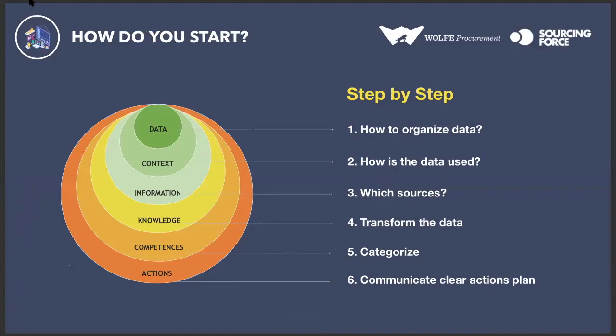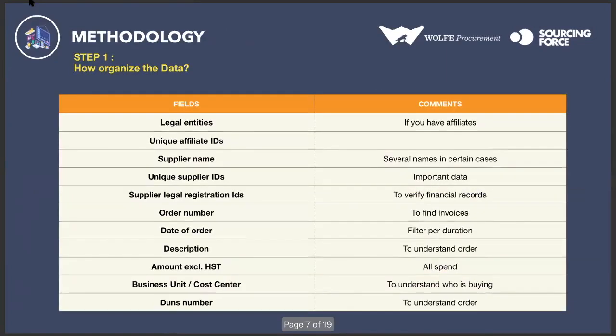Okay, so how do you start? And we've listed here a 6-step process in terms of how you start with spend analytics. And it starts with determining how to organize your data, how the data is used, both currently and how it would be used in the future. The third step would be determining which sources will supply that data. And then how are you going to transform that data into your purchasing strategies and management of your supplier base, which includes categorization of that spend, and then developing those clear action plans once you're able to categorize and transform that data. So if we walk through each step in a little bit more detail, starting with how to